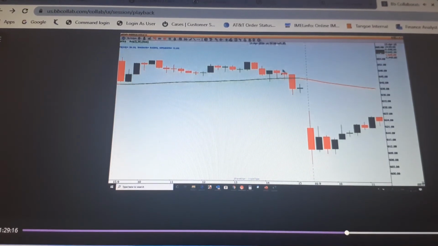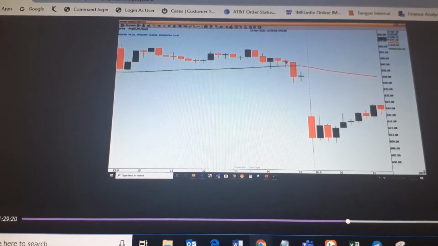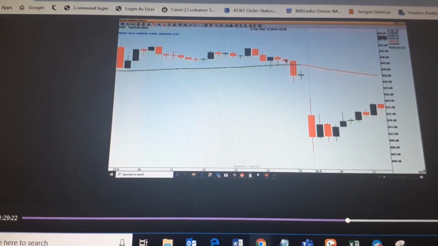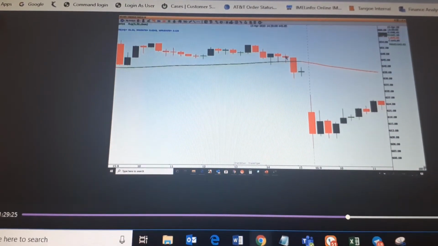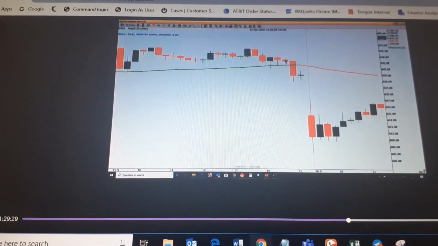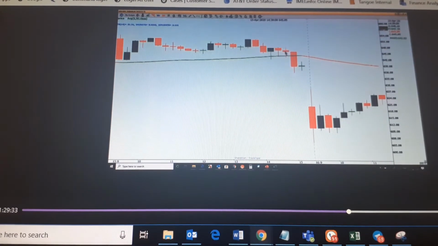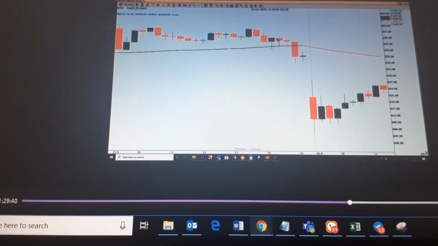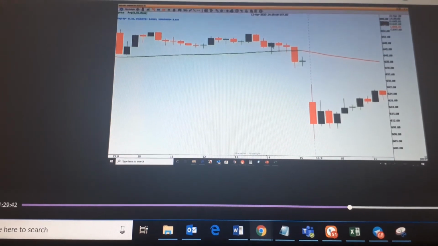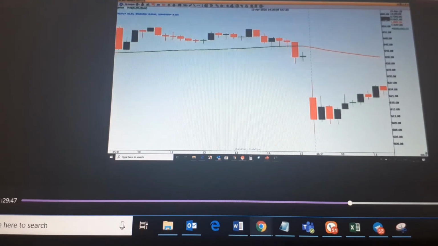So is this a base candle? Is this a base candle or a leg candle? Definition of candle, that's what I told you. When your body is less than or equal to 50% of the range, then it's a base. And when the body is greater than 50% of the range, that is your leg candle. So this is your base candle. Okay? This is your base candle. Again, why? Because the body is less than or equal to 50% of the range. Here, the body is less than or equal to 50% of the range.